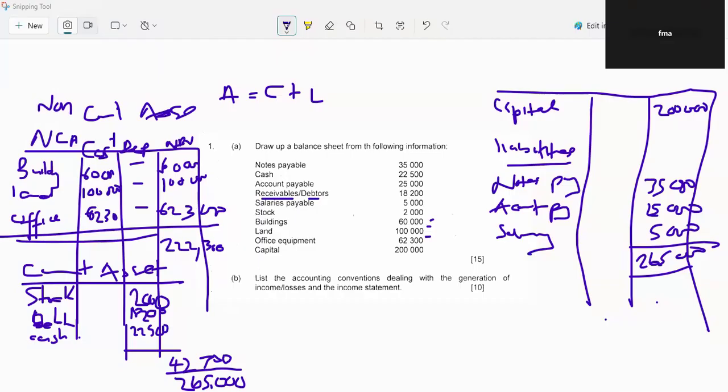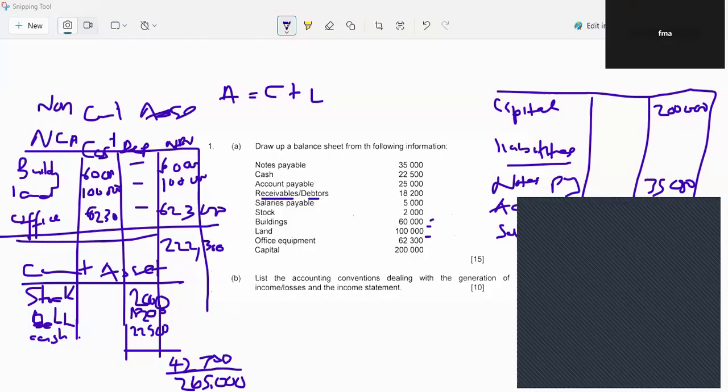Okay. So list the accounting conventions dealing with the generation of income and losses. We have the revenue recognition principle, which says that revenue is only recognized when it is earned. We have the matching principle, which says that expenses should be matched with the revenues